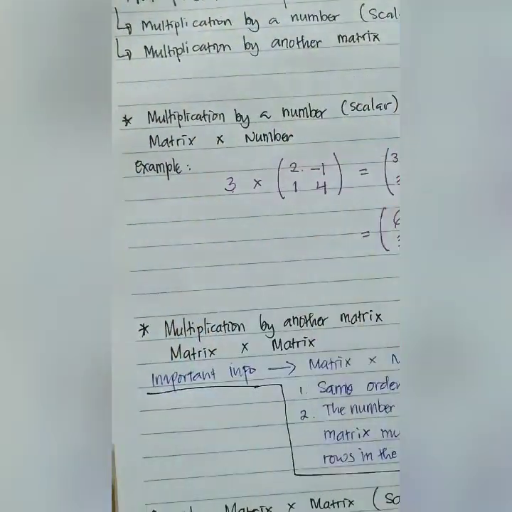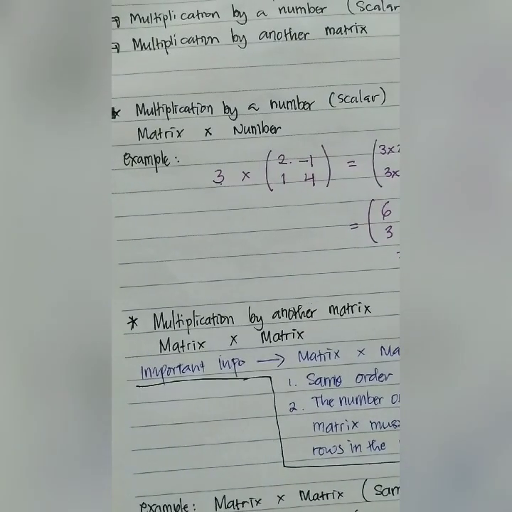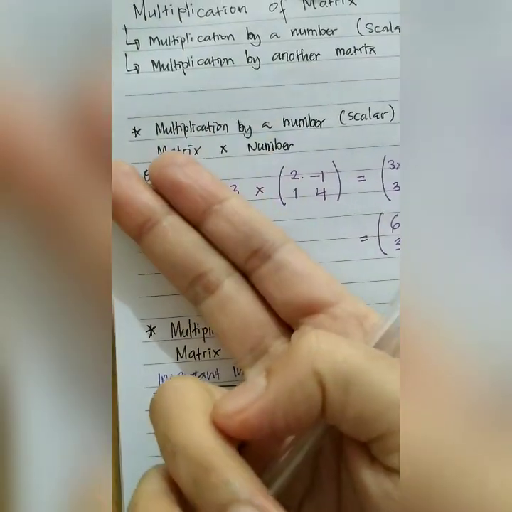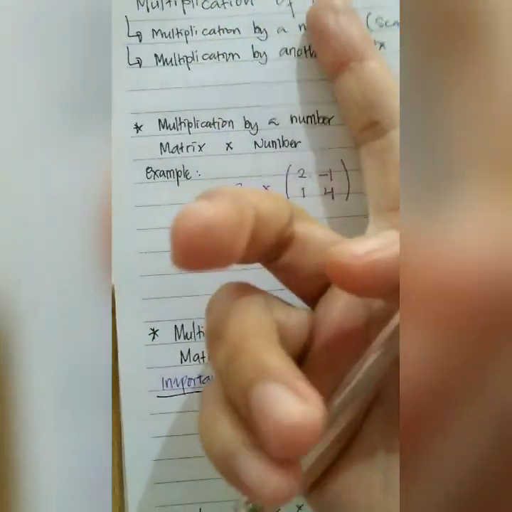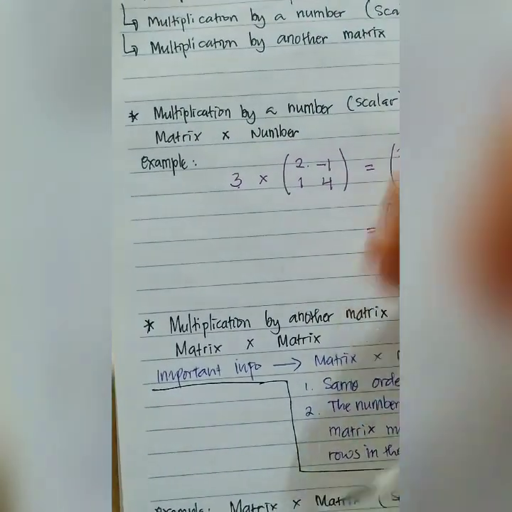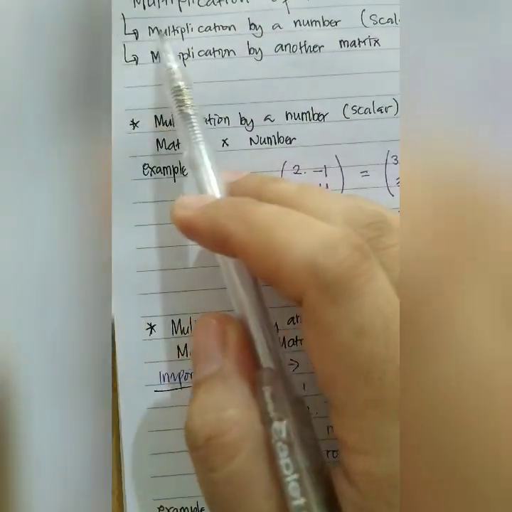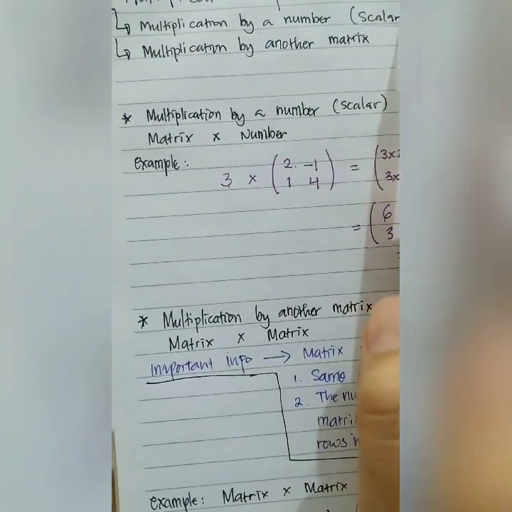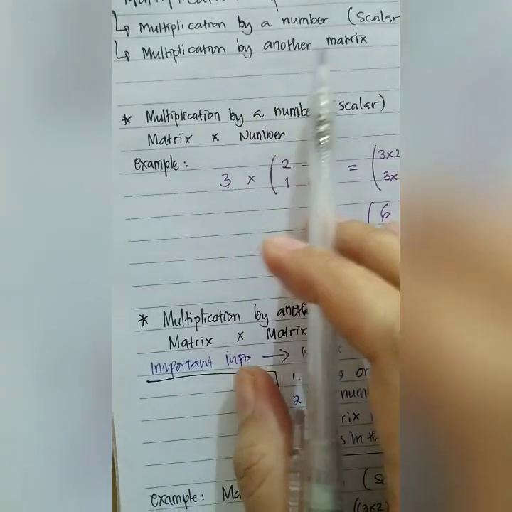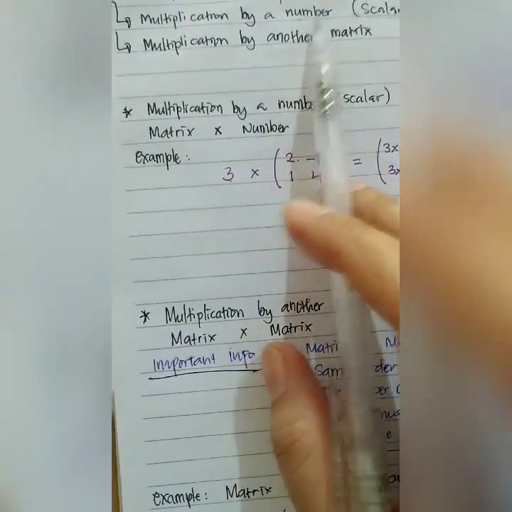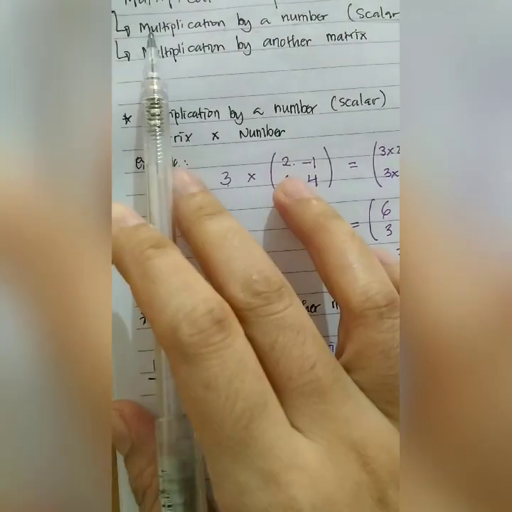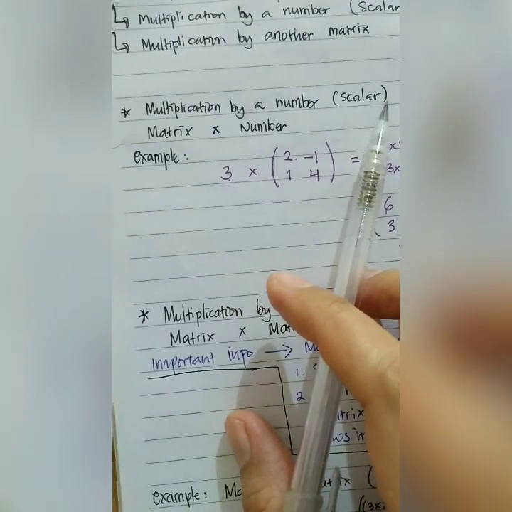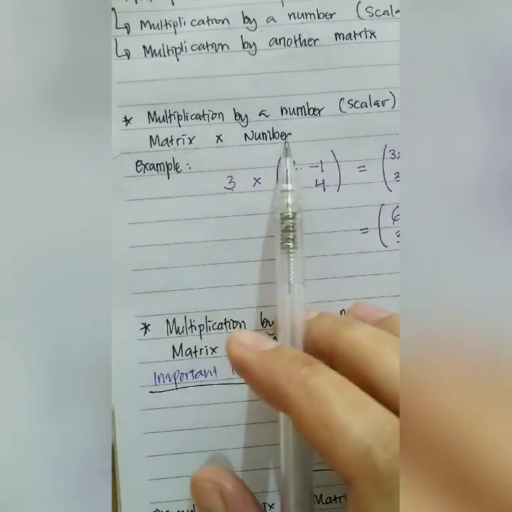Actually, this multiplication of matrices is the same as normal number, like real number multiplication. First, there are two kinds of multiplication in matrices that we can use in our daily life. The first one is multiplication of a matrix by a number, or we call it a scalar. The second one is multiplication by another matrix. Scalar here means the number, a real number, like the normal number. So the first one we're going to discuss is multiplication by a number or scalar, which means a matrix times a real